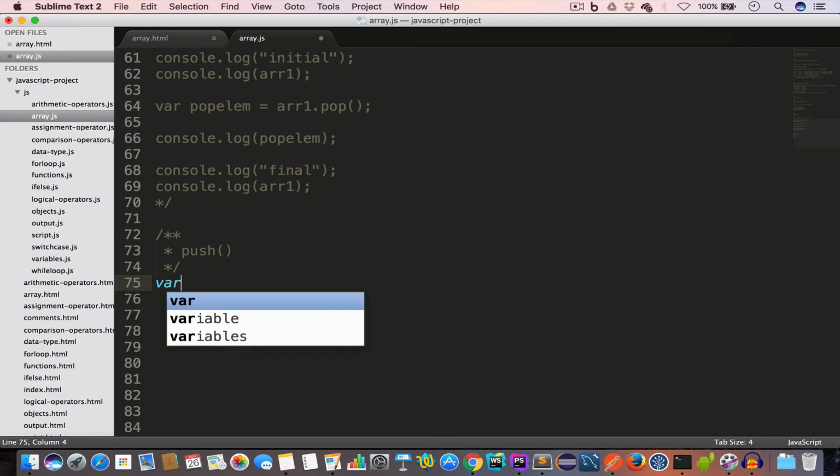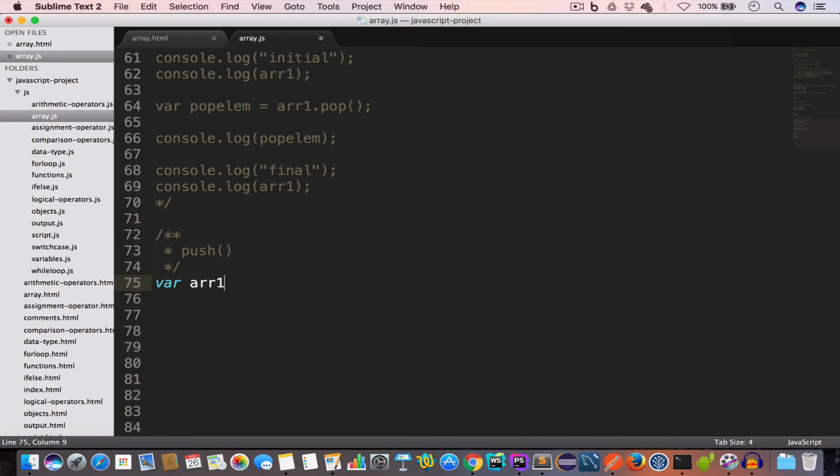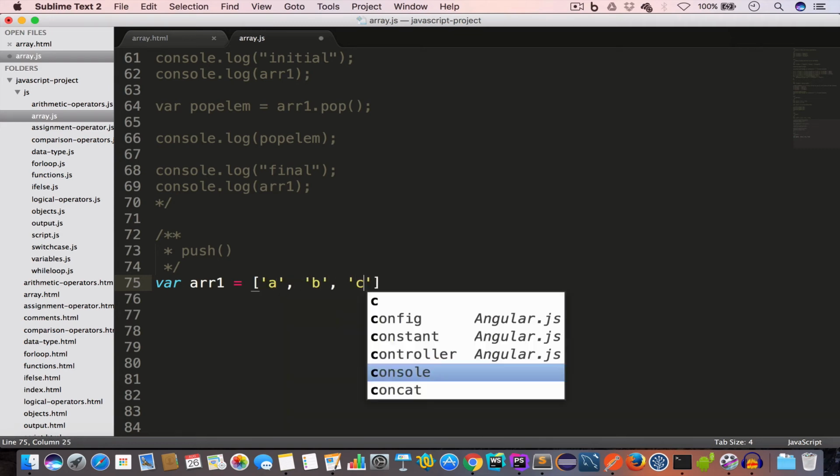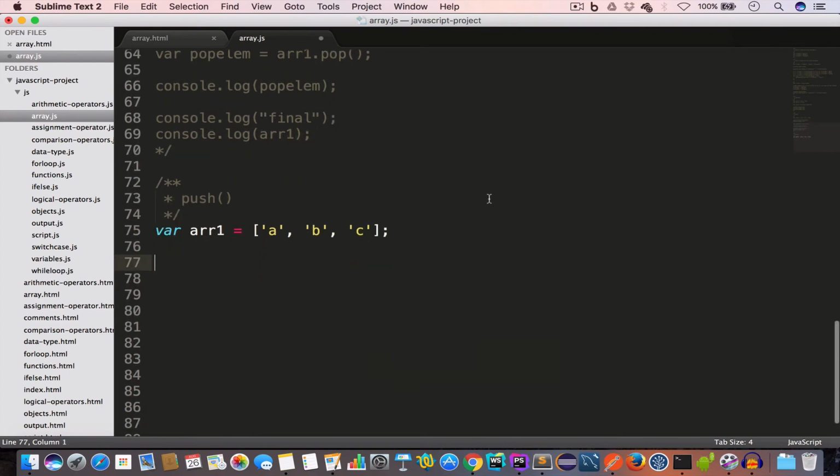So let's say we have a variable var array1, and it contains, let's say, 3 elements a, b, and c, and we want to push or add element d at the end of array1. So we'll write array1.push, and we'll pass the element, which is d, and then we can console log